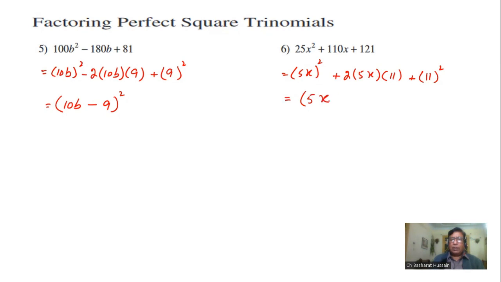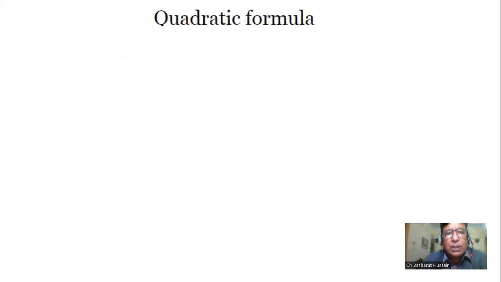So this is 5x. Use the sign of the middle term, that is plus, and the second perfect square. So this is factoring a perfect square trinomial. This is the fifth method. Now I am going to discuss the last topic, which is the quadratic